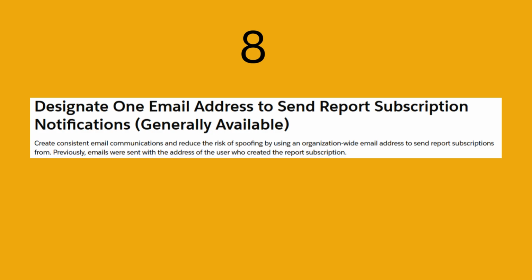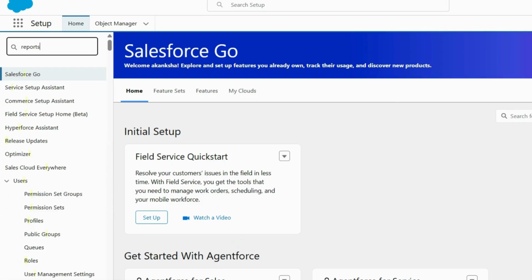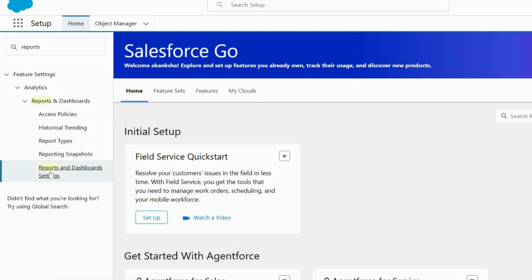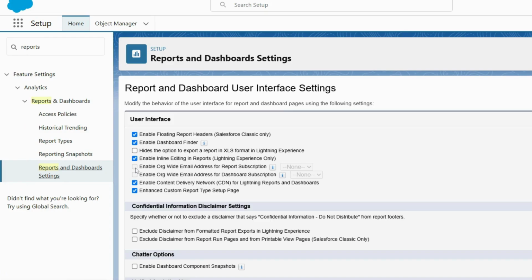Moving on to the next one, it's designate one email address to send report subscription notification. For this option, we need to go to Setup, reports and dashboard settings, and there we can see this option. So here it's enable org-wide email address for report subscription.